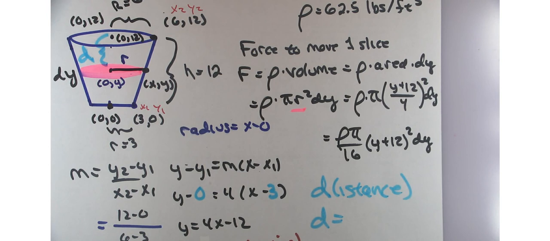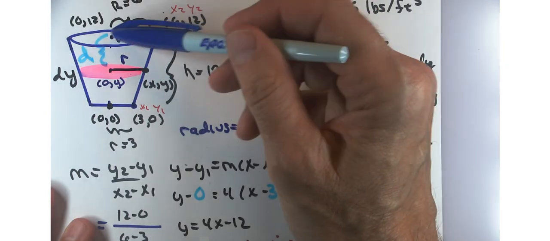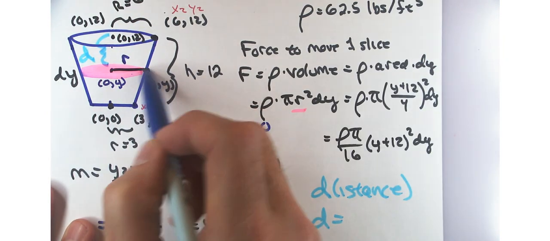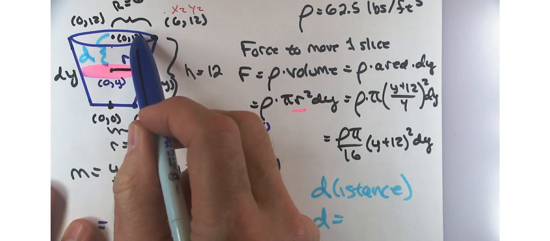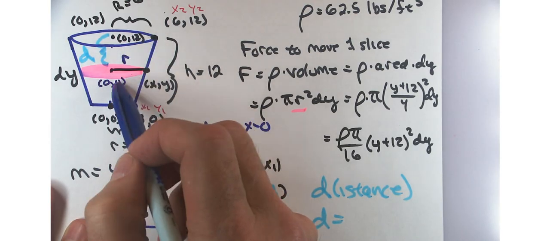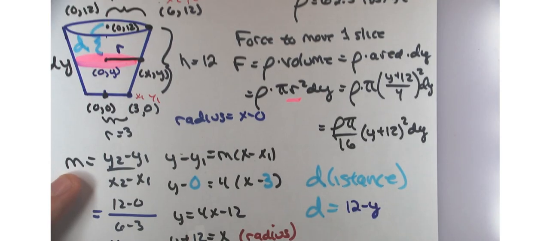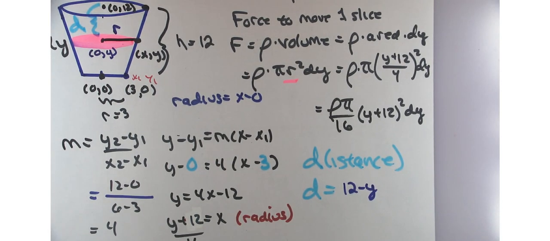Yeah, 12 minus y, right? When you're looking at the distance between two coordinates, it's either top minus bottom or right minus left. In this case, it's the distance vertically, so 12 minus y. Nice. So we've got our distance right here,